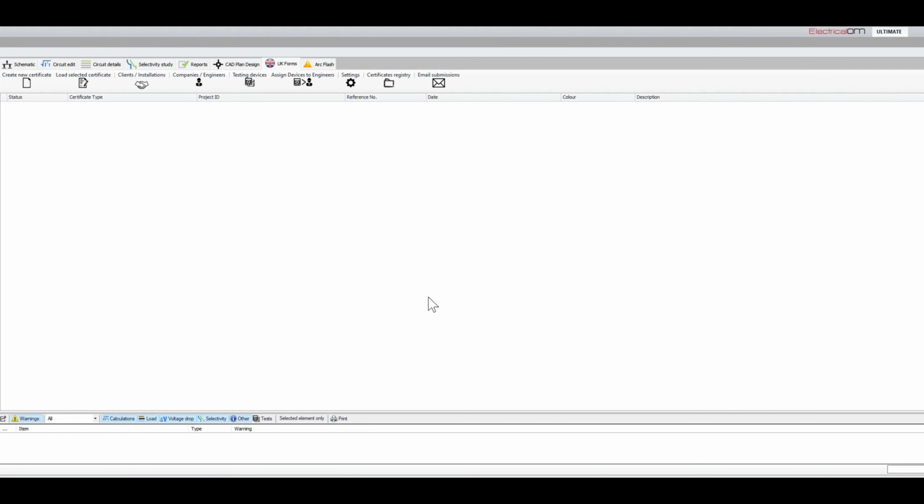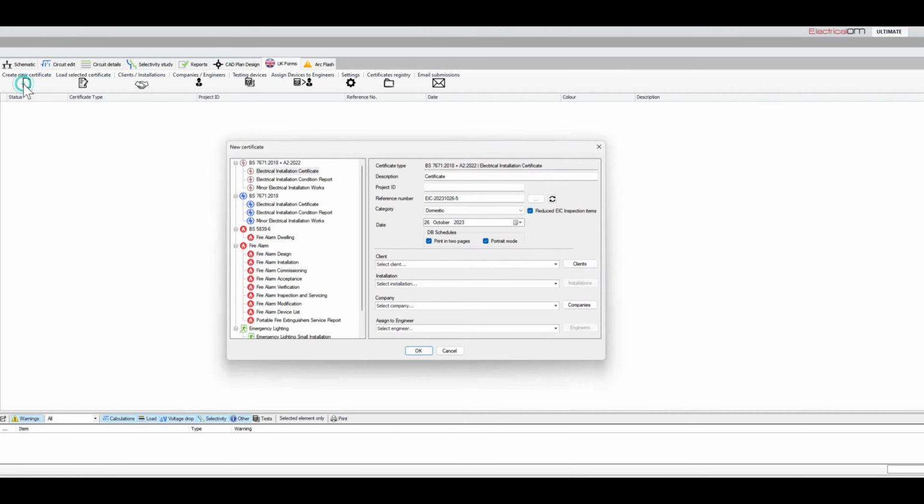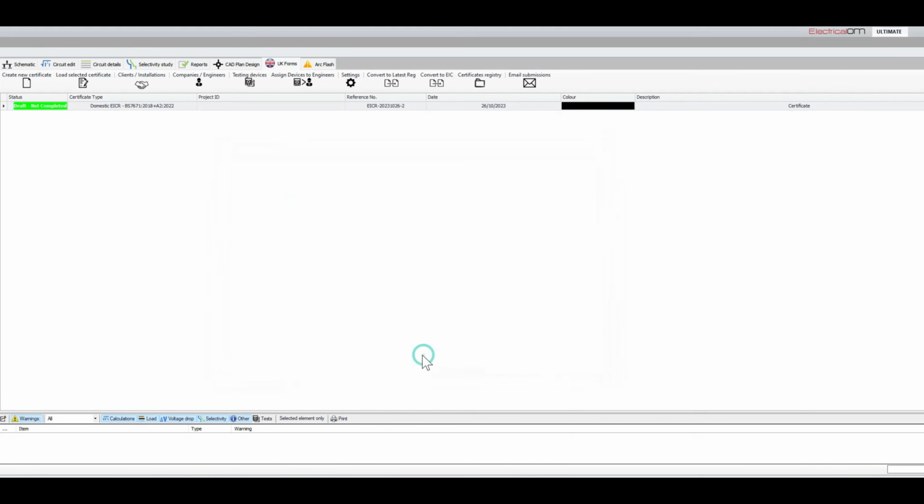We're not going to cover all of the basic stuff, so addresses and such, but we'll focus in on some of that test data, and I'm going to use Electrical OM. So we're just going to create a certificate in this case, and it is going to be an EICR, because that's what we've done. We can select all the client and company details and stuff, but we're going to ignore that just for the minute and create a nice blank